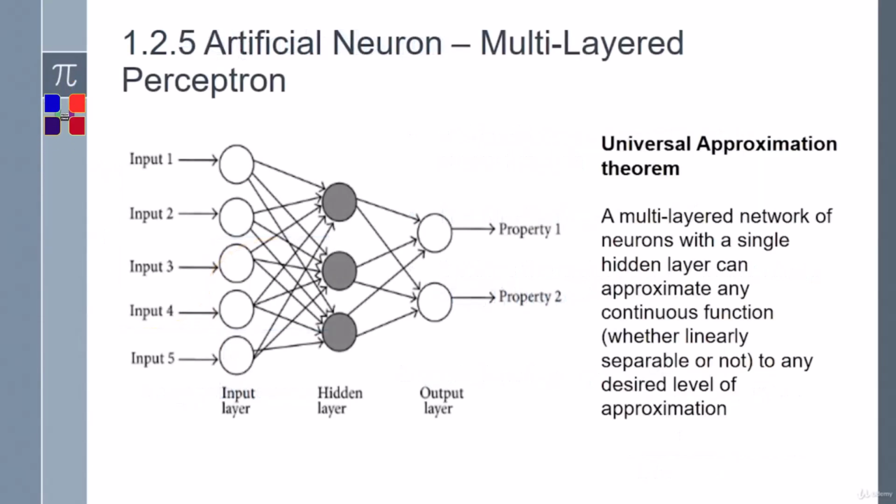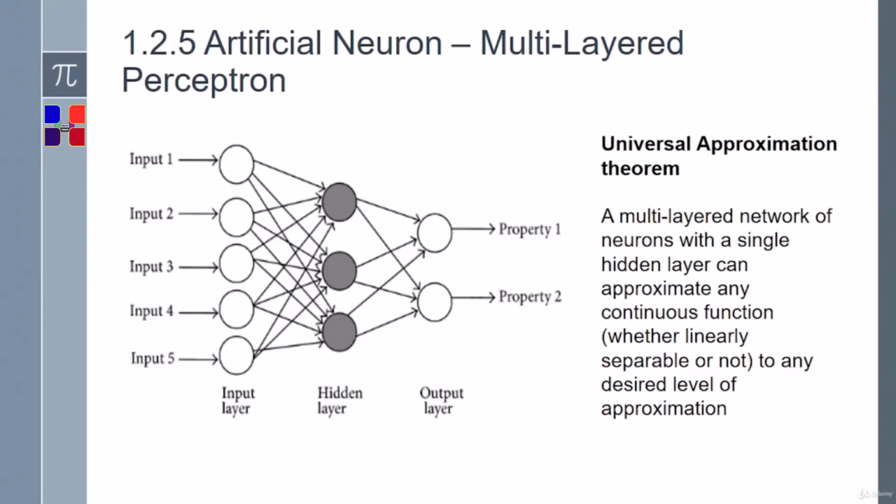Okay, so finally we come to the multi-layered perceptron, right? The multi-layered perceptron, or what we call the advent of deep learning, is where we have hidden layers in between the input layer and output layer, and there could be n number of hidden layers. These hidden layers are the abstract properties arrived at based on the combination of input and the weights. And there is a theorem that came up at that time known as the universal approximation theorem, which is